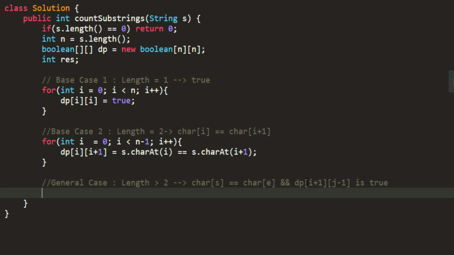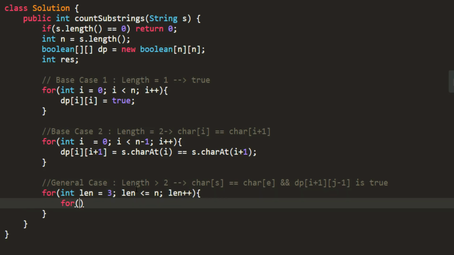So this is my general case. So let's write it out. So the outer for loop over here would be for length. So int length equal to 3, I am starting with 3, length is less than equal to n, and I am doing a length plus plus.